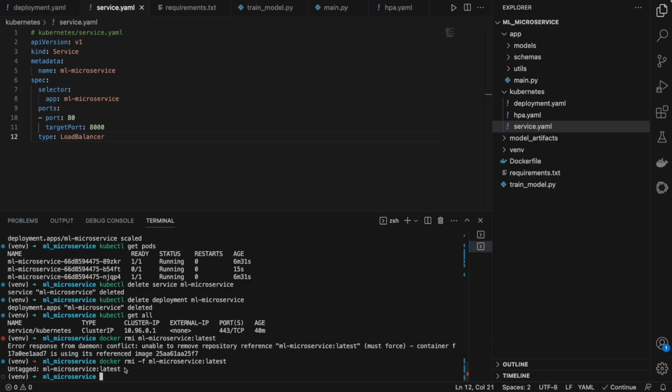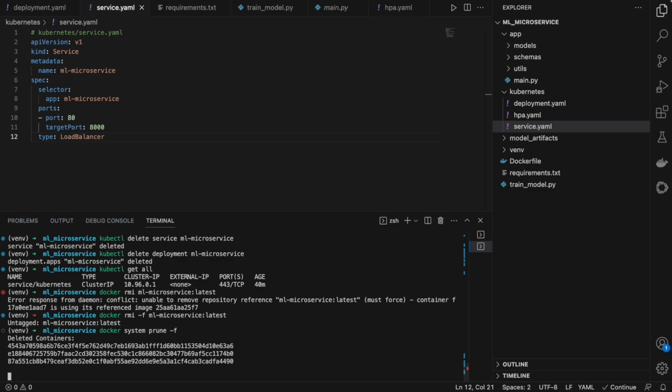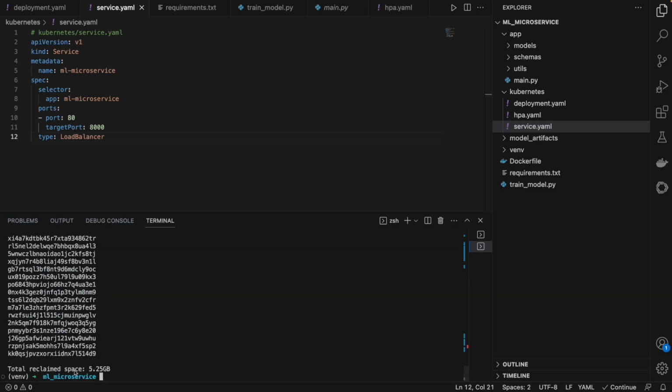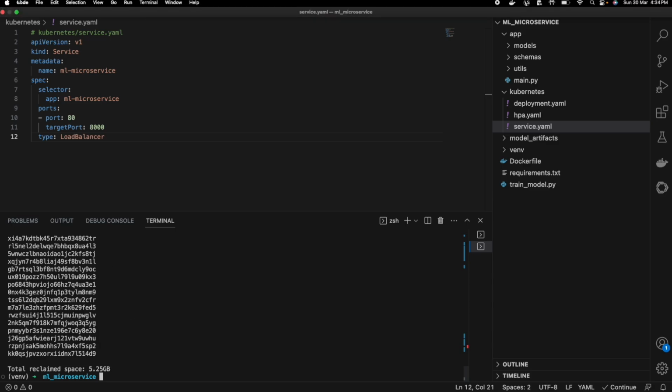Okay, so now the Docker image is also removed. And finally, you can even delete all the unnecessary files from Docker. For that, there is a command, docker system prune with force. All right, so all the unnecessary containers that were deployed are deleted.